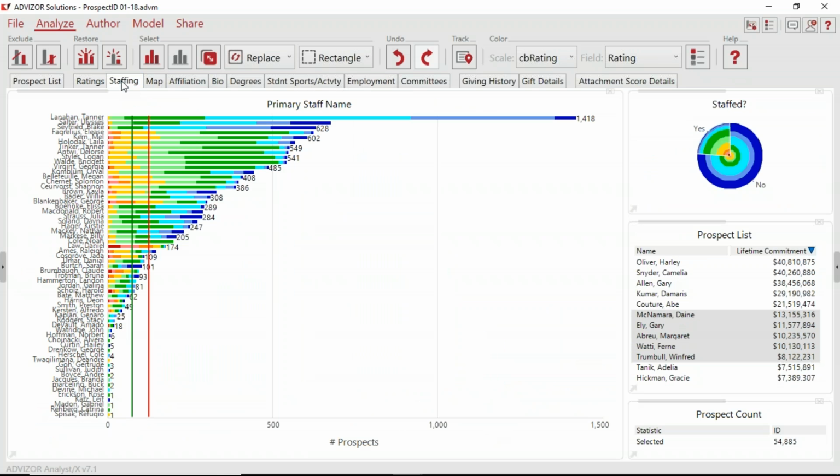Another topic area would be staffing. Are the people we're looking at who might be high capacity and engaged staffed or not? There's a chart showing who they're staffed to. Are they staffed, yes or no, because the no's would not be in the chart over here. And there's a list of people again, and then count